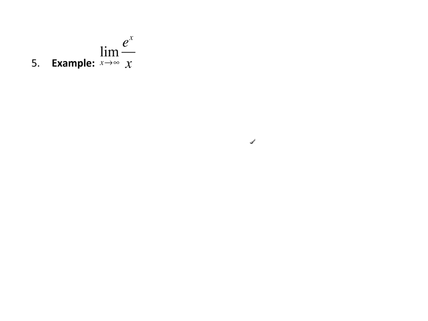So let's take a look here at a couple more examples. I want the limit as x goes to infinity of e to the x over x. Well, if I evaluate that like I normally would to see what's going to happen, I end up with infinity over infinity. This is an indeterminate form. So this is equal by L'Hopital's rule